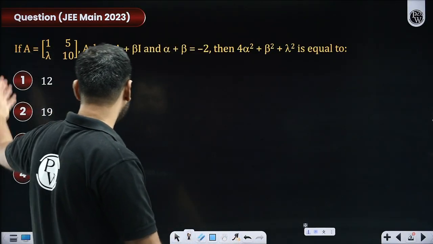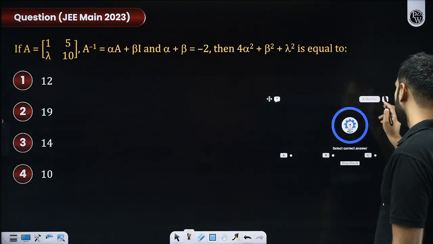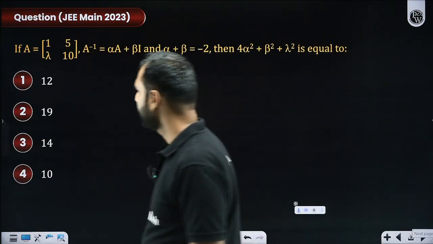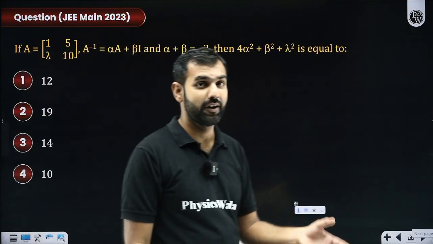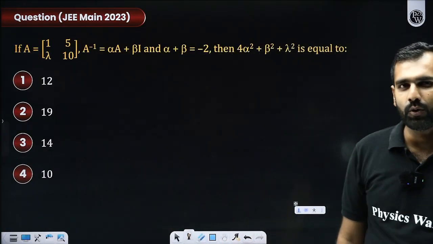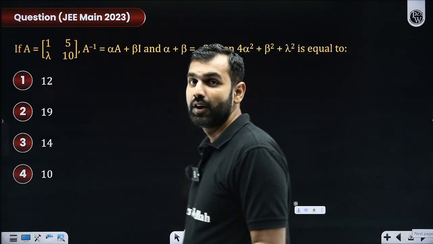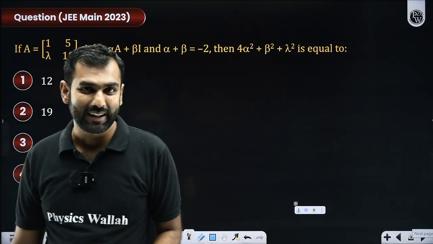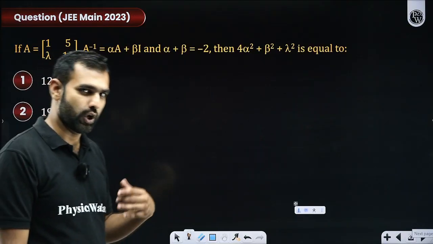Let's get more clarity with one more example. So here we go with another question for the day. Shall we start this, everybody? I'm sure most of you can do it with that short technique which we have already discussed while we were talking about the inverse of a matrix. Somebody must have already started applying that. But if you haven't, let me tell you a standard method here. Then I'll tell you the shorter method as well.